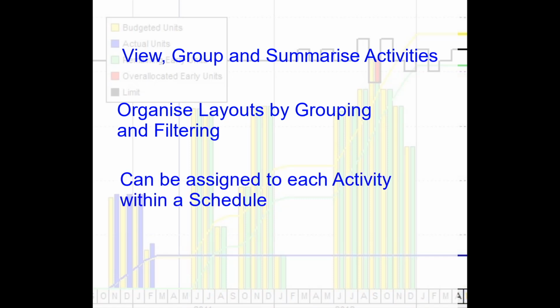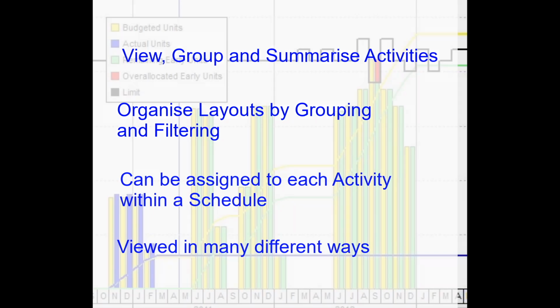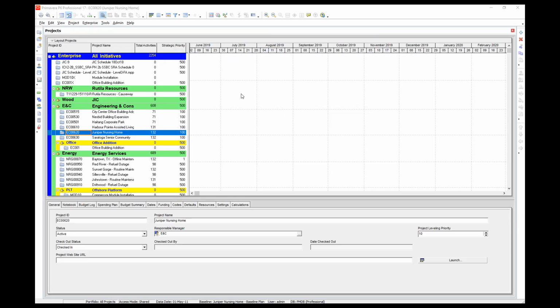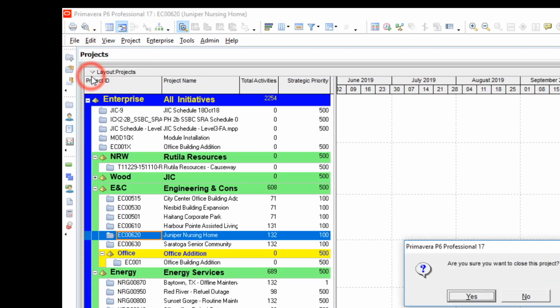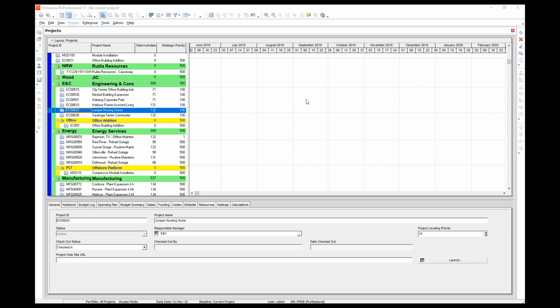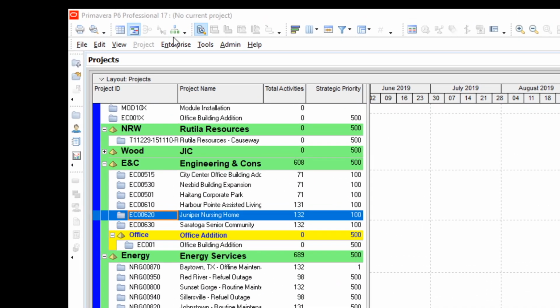Activity codes can be assigned to each activity within a schedule, allowing you to view your schedule in many different ways. But first, we need to create our activity codes for our schedule. Before we start, let's just close all projects by clicking File, Close All. Select Enterprise Activity Codes to open the